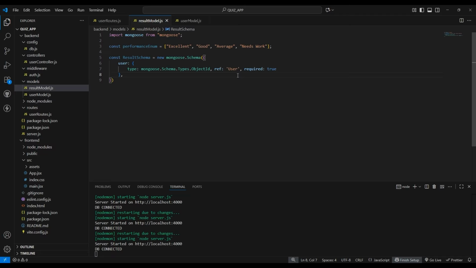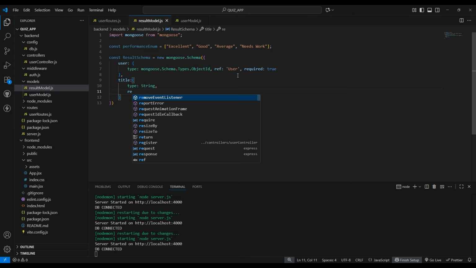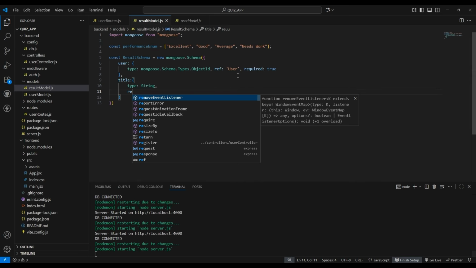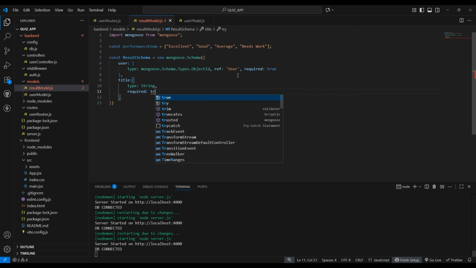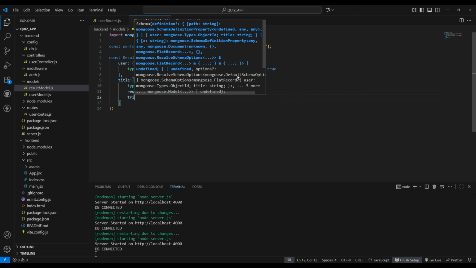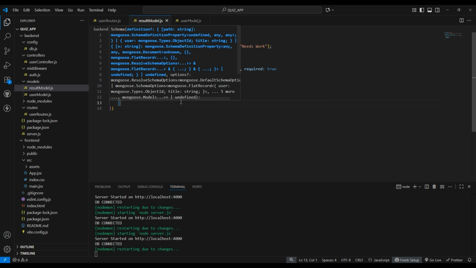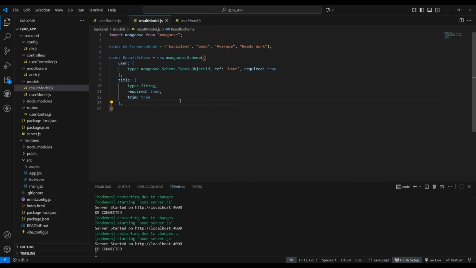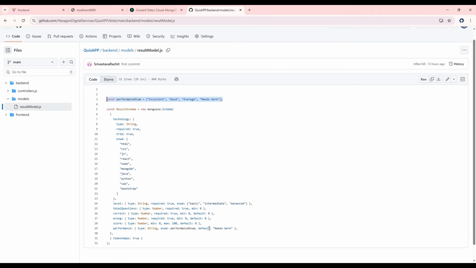Then after this, we are gonna take the title here. So the type of this title, it will be String, and it will be required as true. So you should give a title before you start giving the quiz here, and trim here, it will be true. Now after this, let's go to our GitHub again, and let's just copy this whole thing,